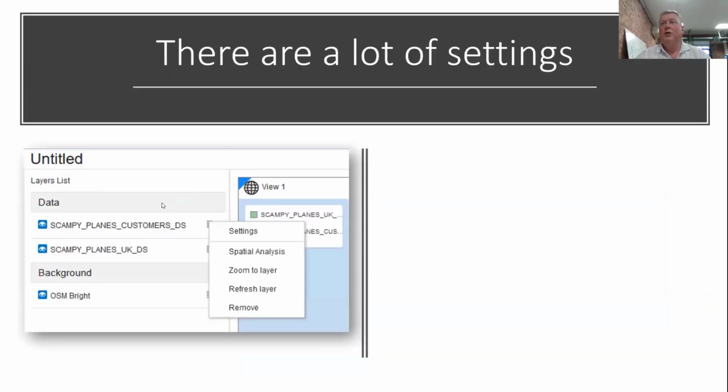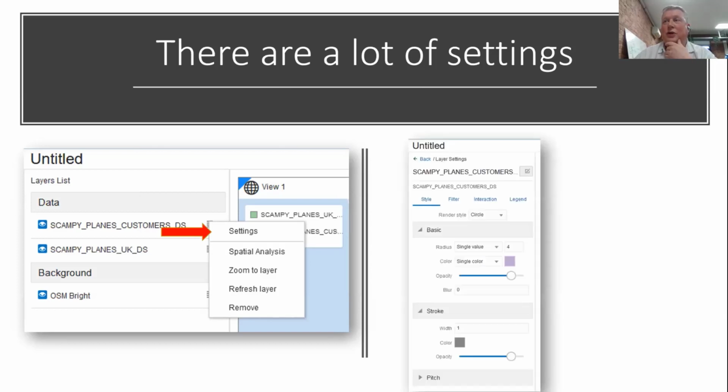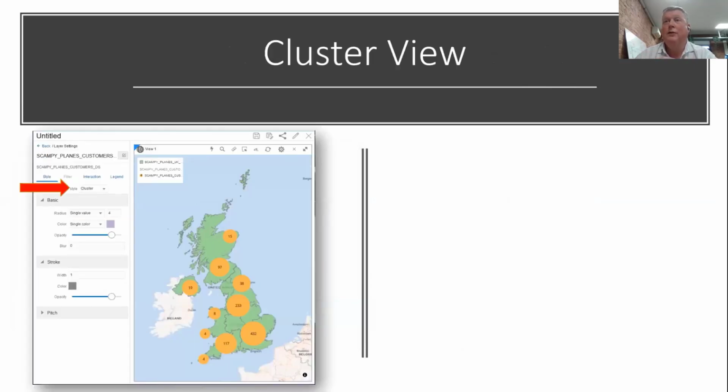So what I can do here is look at the settings, and there's a smorgasbord of settings behind all of these layers once they're in there, to help us view them in a different visual style. By default, it renders them as a circle, and the radius is a single value, so everything's given the same size and the same color. But if I change that style from circle to a cluster,